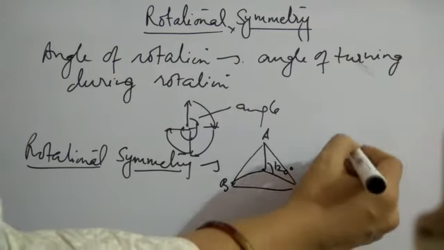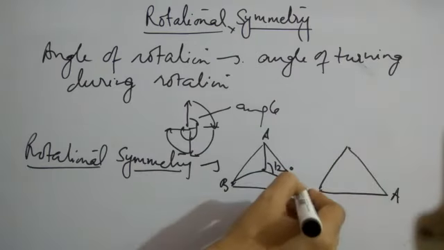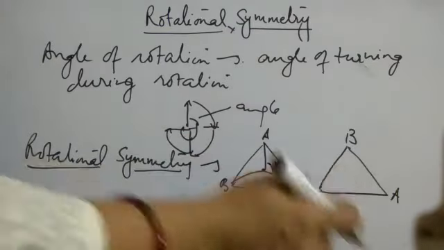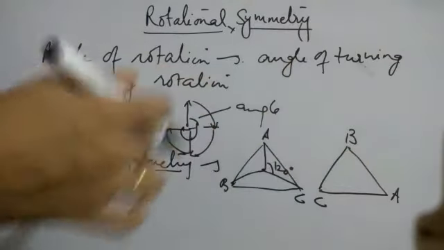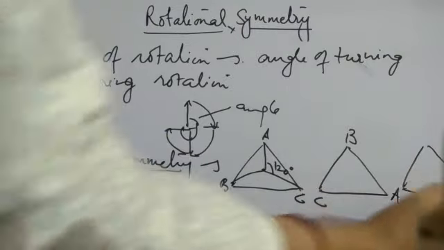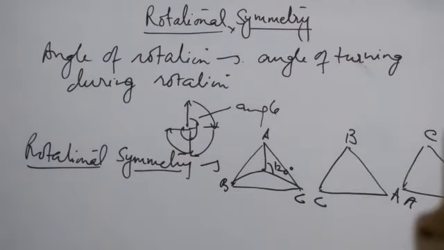Now if you rotate the triangle by 120 degree, this point A will come here, this point C will go here, and this point B will come here. Now if the points are not written, will you be able to judge whether the triangle has rotated? No, you will not be able to. Similarly, if again you turn, A comes here, B comes here, and C goes here, you will not be able to judge whether the figure has rotated. Such figures are said to have rotational symmetry, which after rotation seem to be at the same position. Okay children.